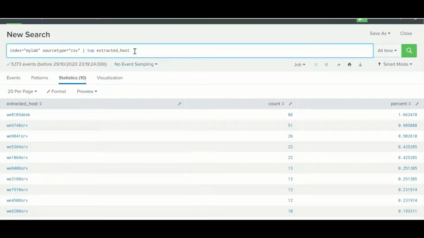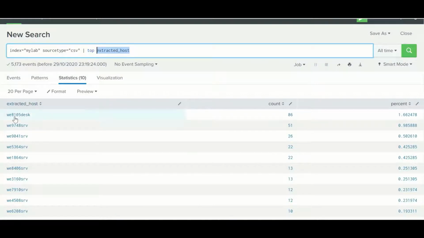A few things to remember: the top command by default gives us the output in table format, with the count of the events matching whichever field you are giving, and it gives you the result of that.